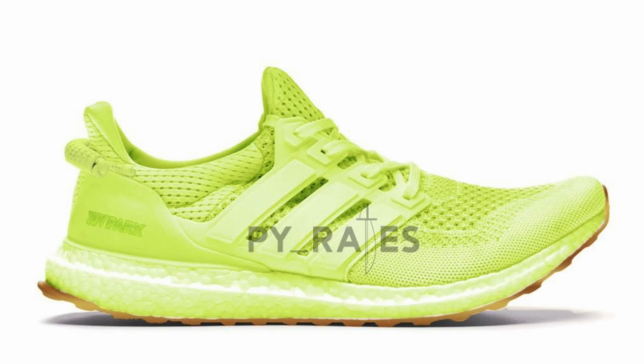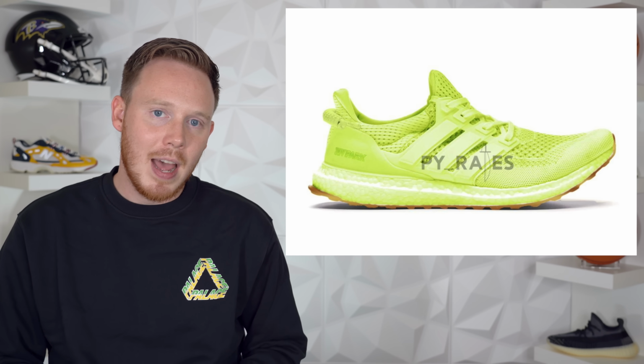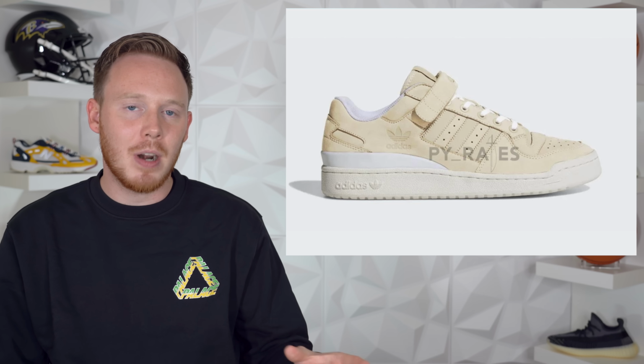After that, we've got 3 new sneakers from the Beyonce Ivy Park Adidas collection. The 3 sneakers include the Ivy Park Adidas Forum Low, the Ivy Park Adidas Forum Mid, and the Ivy Park Adidas Ultraboost 1.0. The Adidas Ivy Park Forum Low comes in sort of a vachetta tan upper accented by a